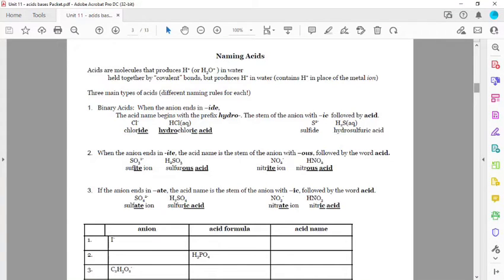So here on page 3, we are reviewing how we write the names of acids. And all of these rules and things are mostly about the names, but we need to understand the names in order to be able to write the formulas for acids as well. The thing we do need to recognize about our formulas is that we are always going to have acid formulas